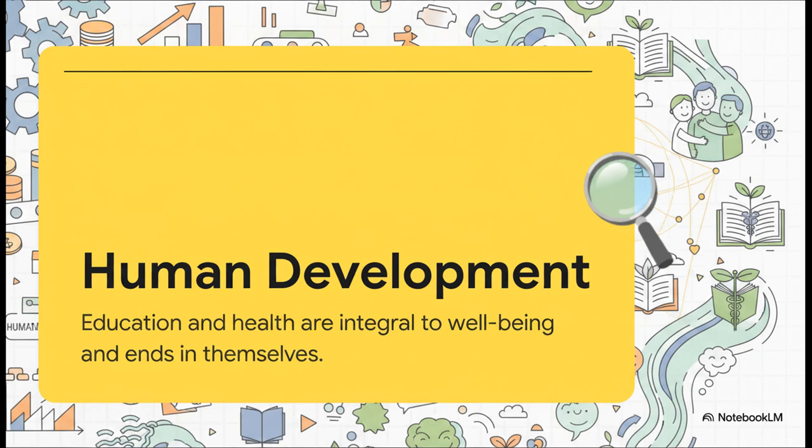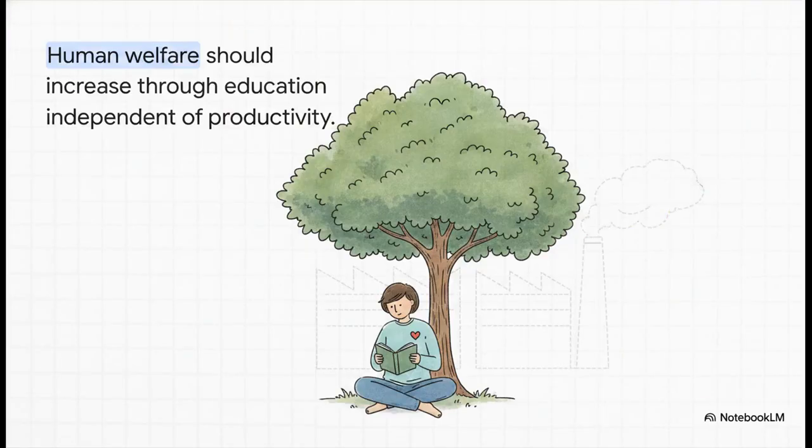They are absolutely integral to human well-being, empowering people to make choices they truly value, entirely regardless of whether or not it makes them better workers. This is a massive evolution in economic thought. Under this human development perspective, just having the ability to read, to write, and to live a long, healthy life has inherent value. Even if a specific investment in someone's education or healthcare doesn't automatically result in higher labor productivity or increased factory output, it is still an absolute necessity because human welfare itself is the ultimate goal here.